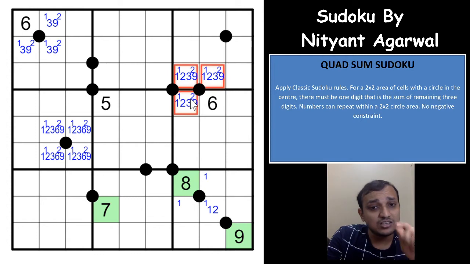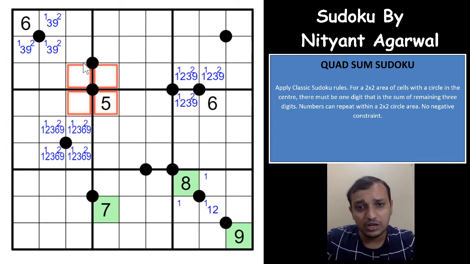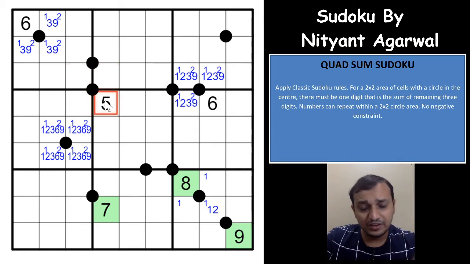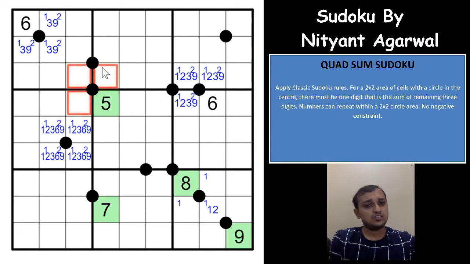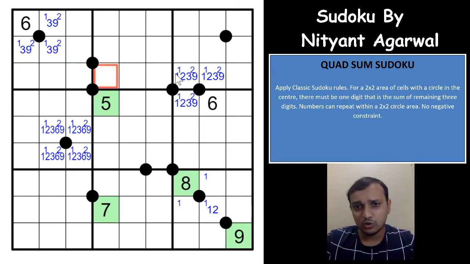Now that comes because of this logic, now you have to look out for this area. This is one of the excellent constructions, I would say. So if you see this area now, if 5 is the sum cell, let us assume 5 is the sum cell, what are the possibilities for the 5? You cannot have two 1s in this because that will rule out all the 1 possibilities from this cell.